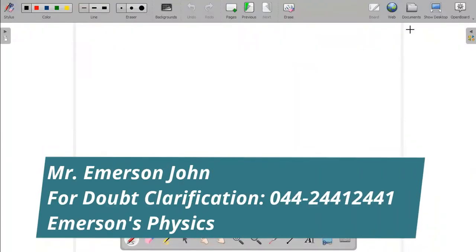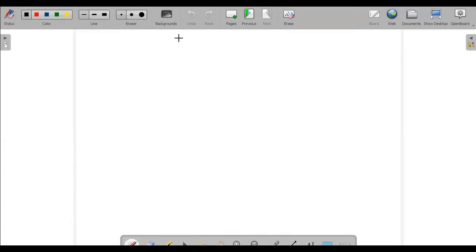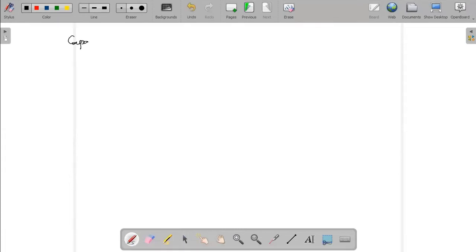Now we are going to discuss the definition of capacitance. Capacitance is a general term. Capacitance of a capacitor is a specific term. So, capacitance of the capacitor is defined as the charge given to the capacitor to the potential difference developed between the capacitor